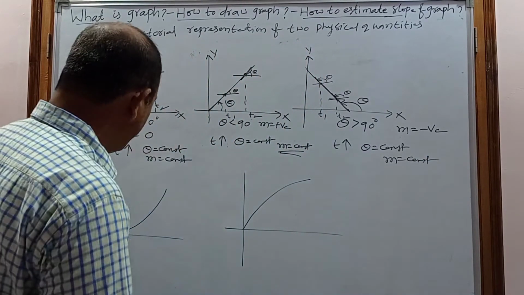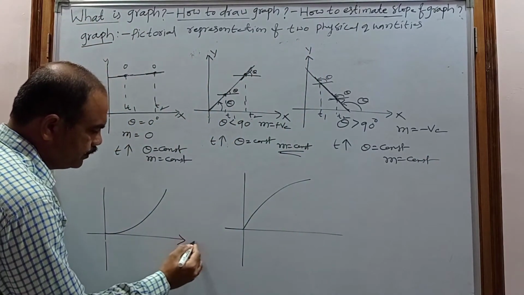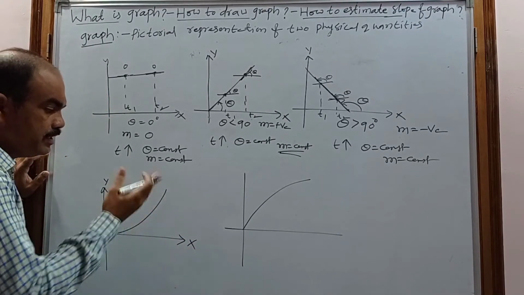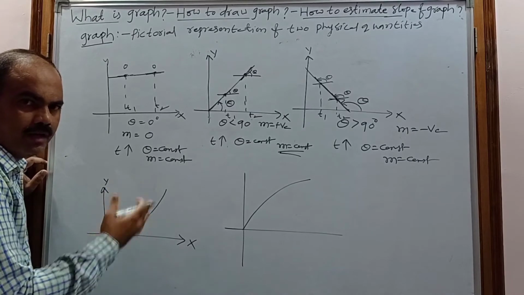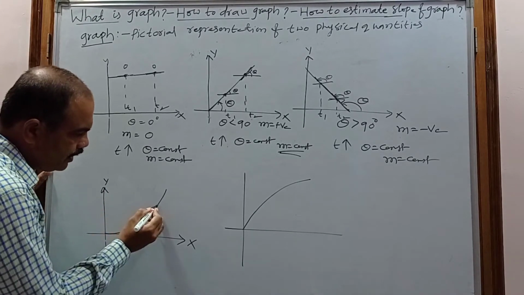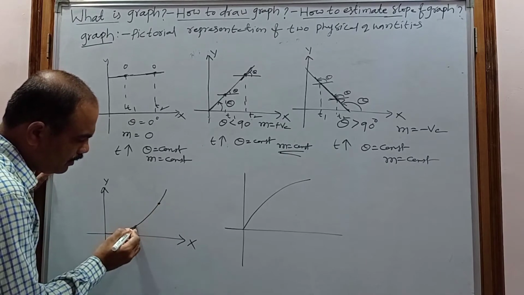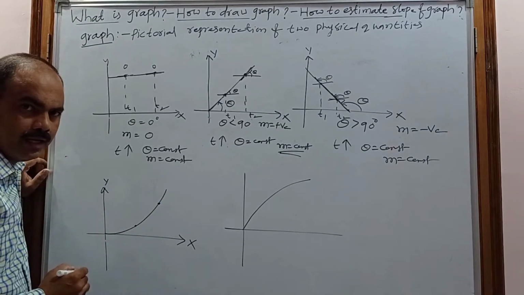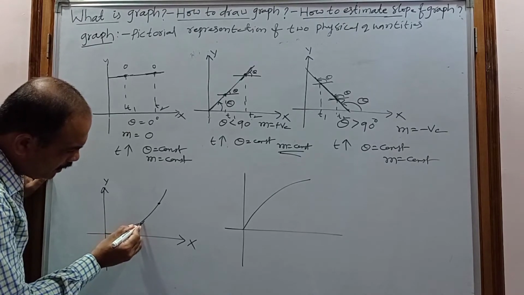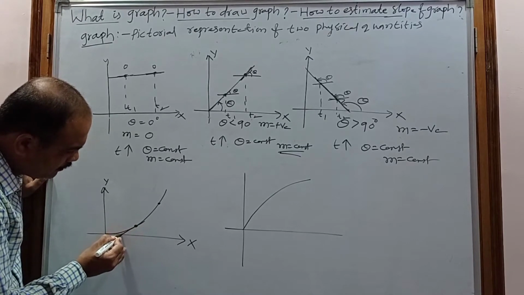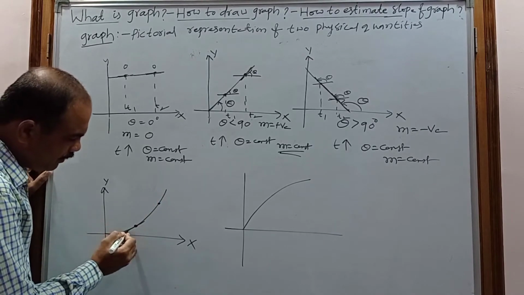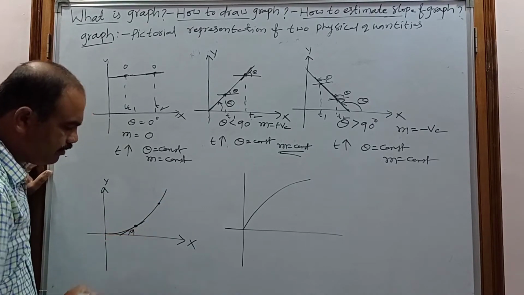So now coming to this graph. This is the x-axis and this is the y-axis. Now this time this graph is curved, or this line will be curved. Again, to estimate the slope, select two points on the graph or on the line, then draw the tangents. Now this is a tangent drawn at this point for this curved line. So this is making how much angle? Now consider this is theta 1.